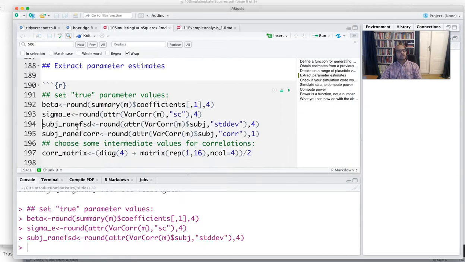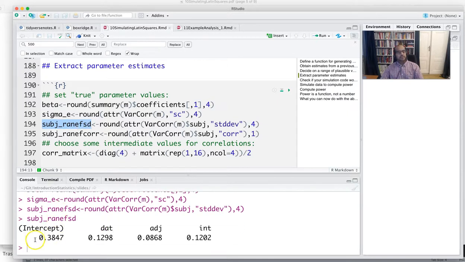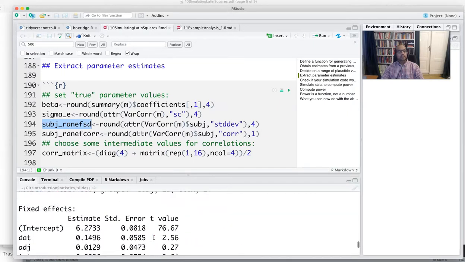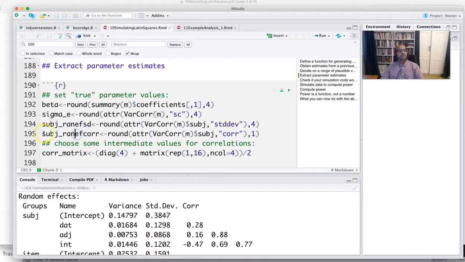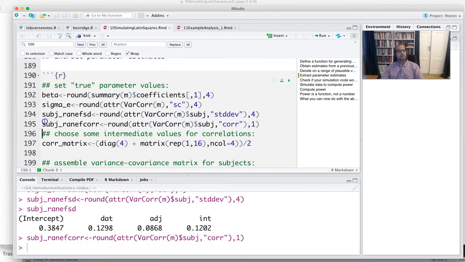So this is the interesting thing I was talking about. I've extracted all the standard deviations. These are the 4 standard deviations that you saw in the model output, right? So it's 0.38, 0.12, 0.08, 0.12, and if you look at the output here, 0.38, 0.12, 0.08, 0.12, right? So this is the 4 numbers here, and these are the correlations. The next line is the correlations, right? So if you look at these correlations,